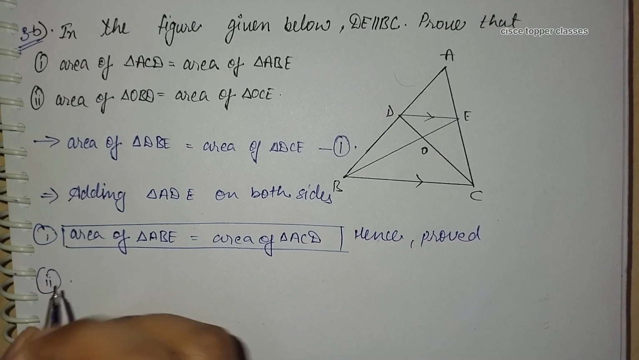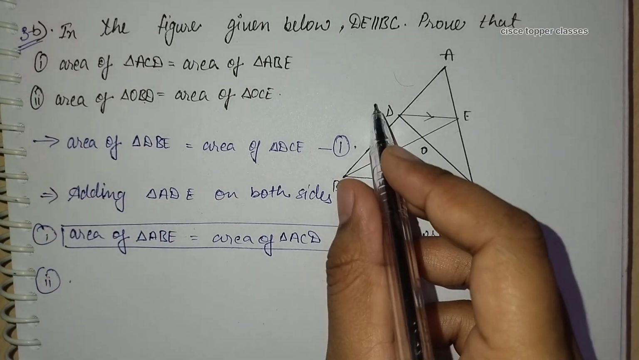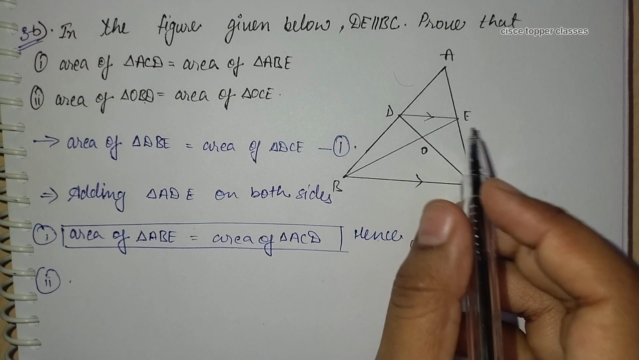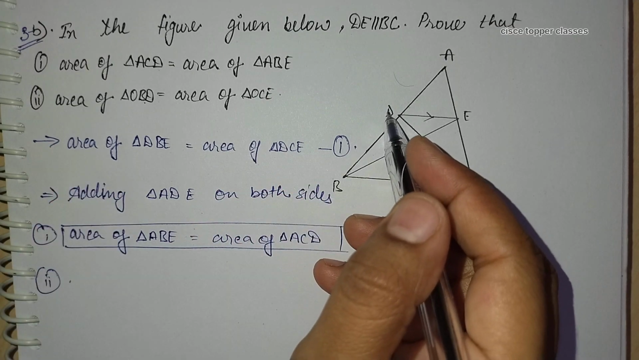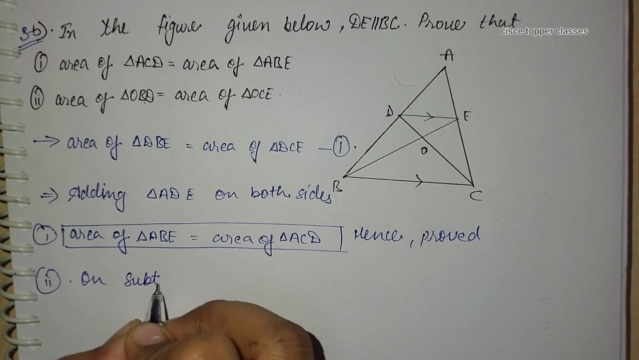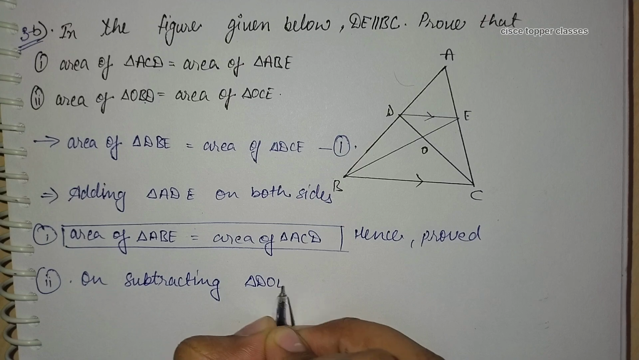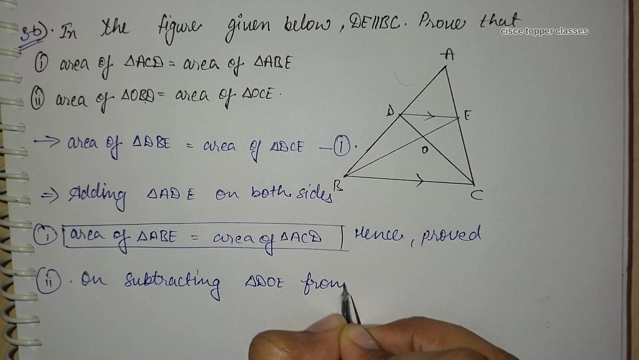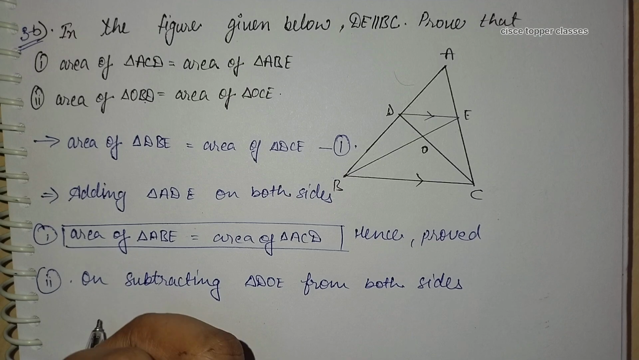Now let us prove the second part, in which we have to prove area of triangle OBD is equal to area of triangle OCE. So simply from this equation we will subtract the triangle DOE. So on subtracting triangle DOE from both sides, we will get here as